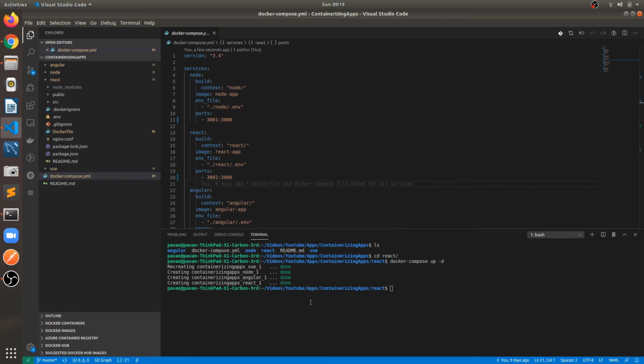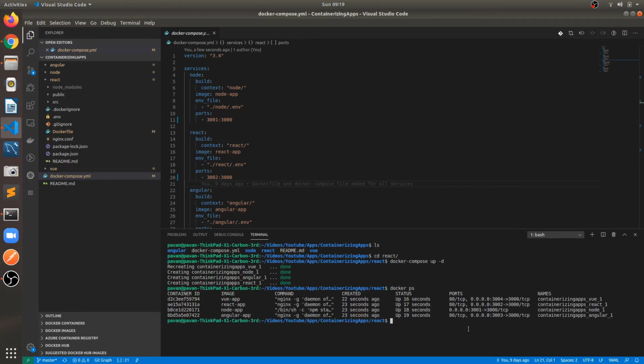If you are doing it for the first time, all the images will get created, and once images are created, the runtime instance of each image is created as a container. These are the 4 different containers created. Now we can see docker ps. These are the 4 different services running locally right now.